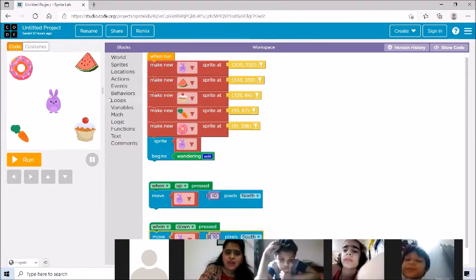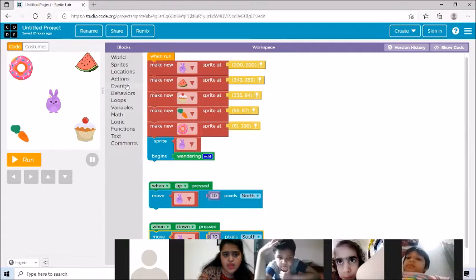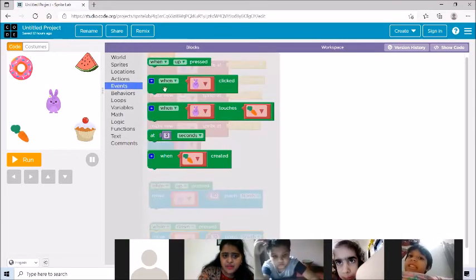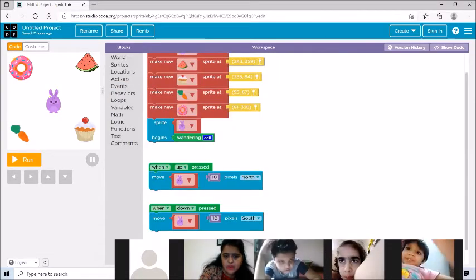Okay. Again we will take these 2 blocks for left arrow key and right arrow key also. So again go on event, take when. For up and down we have already done. Now we'll be doing for left.